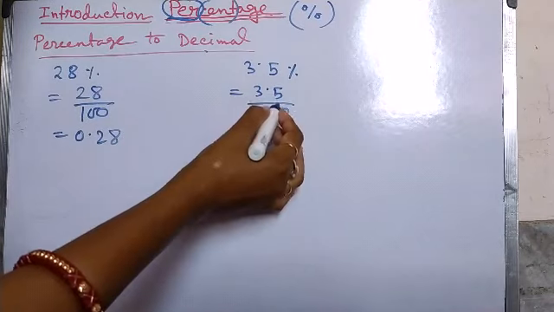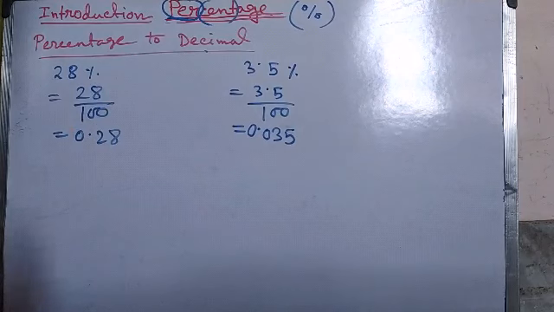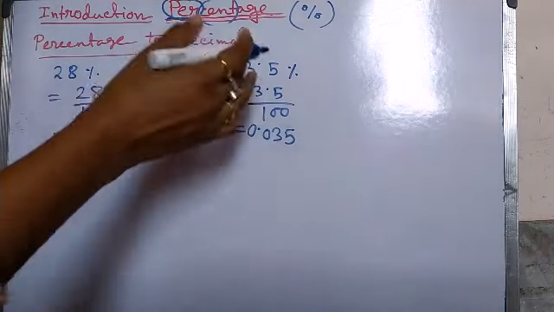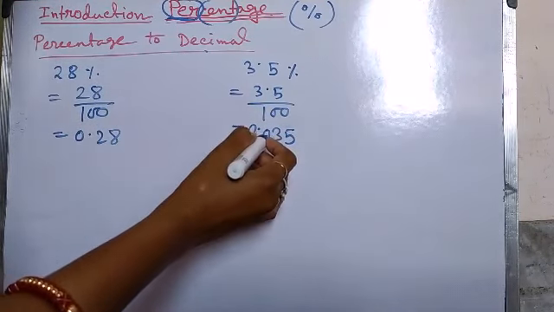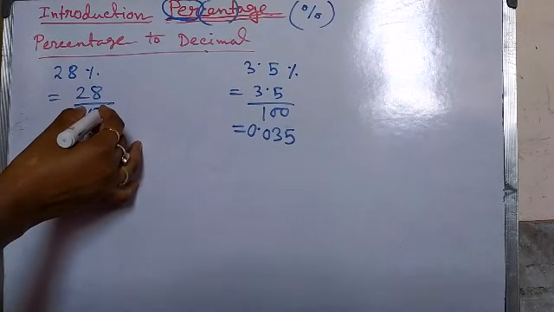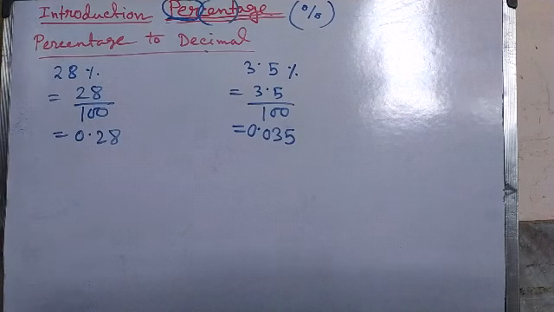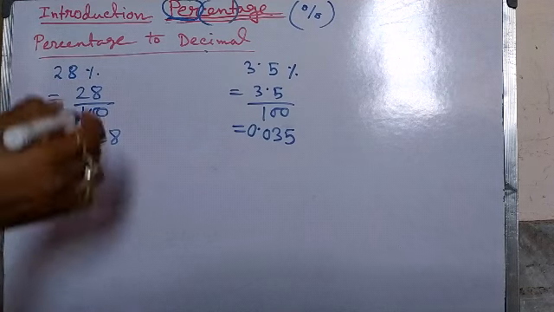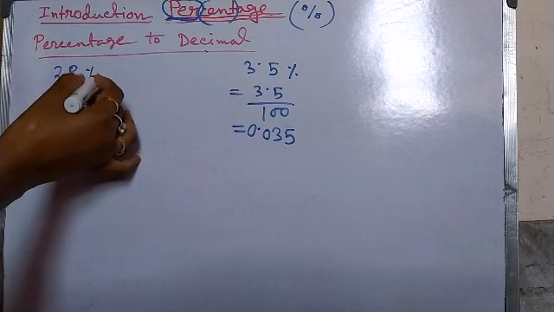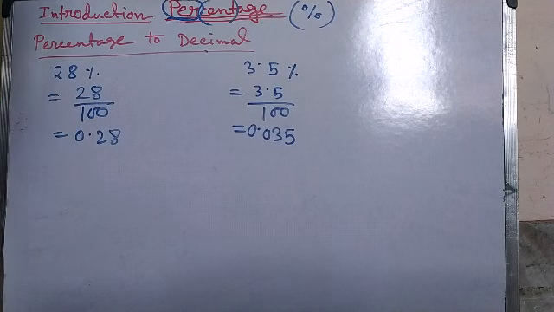No need to cut here and no need to make it in fractional form, 3.5. If you want, you can make it, that is not a problem, but this is the easiest process. No need to cut it, no need to make it in simplest form. Otherwise again we have to divide it by 100 to make it into decimal. So better, percentage means what we have to write, then directly we will convert it into decimal. That will be better.